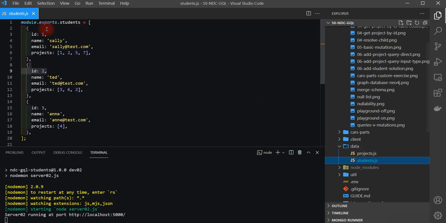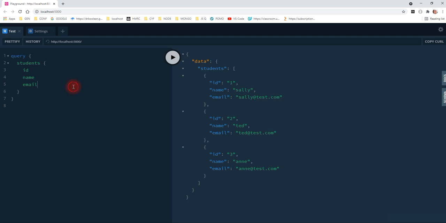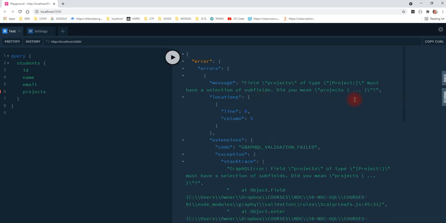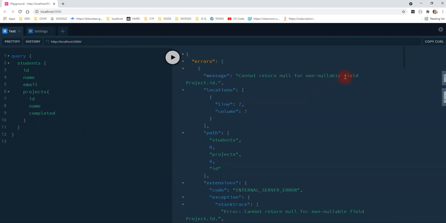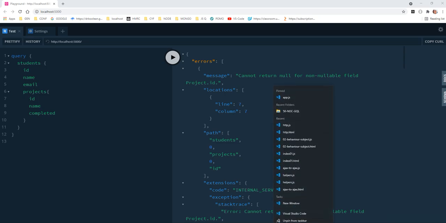and that corresponds to the data structure that we have here in students. We have three items here, and if we come back here and now say, well, what are their projects, we're going to get an error because it's saying must have subfields. So we put those in. We want to get the ID, the name, and we want to get whether it's completed or not. We do that. Cannot return null, and the reason it comes back as null is because it doesn't know how to resolve these projects. So if we look at the schema,